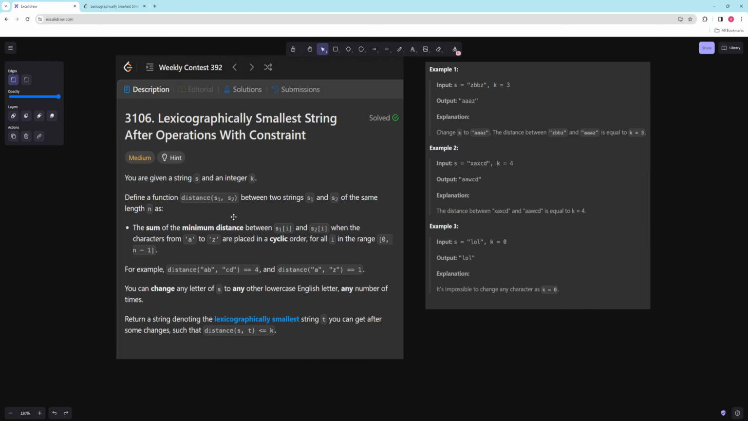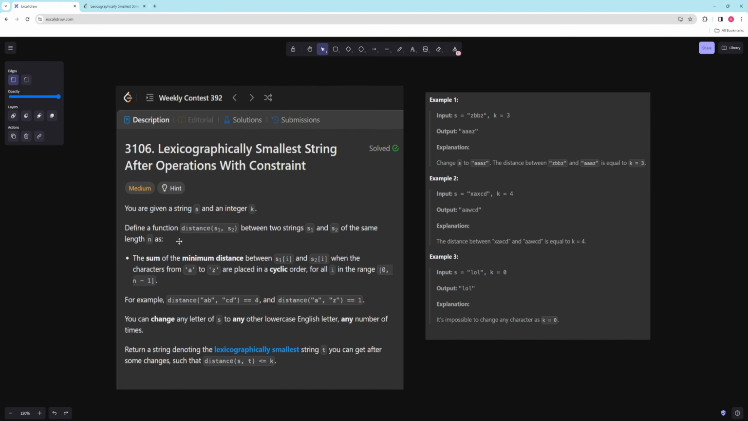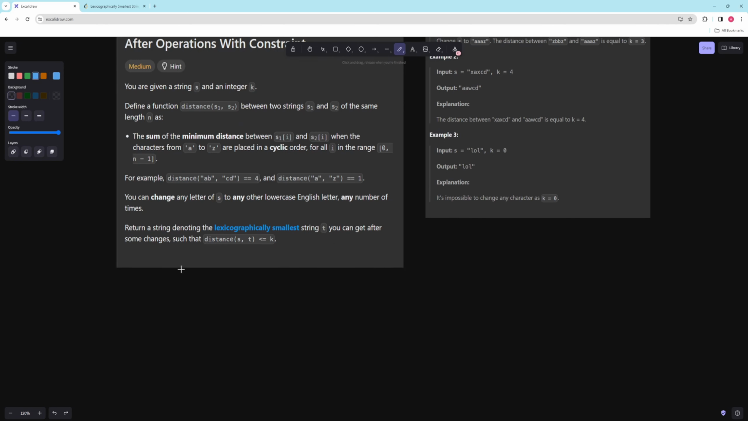So this one, honestly, the hardest part is figuring out what they're trying to say. This took me like 5 minutes, and then once I figured out exactly what they're trying to say, it's a really easy problem. Essentially, if you have two strings, A, B, and C, D,